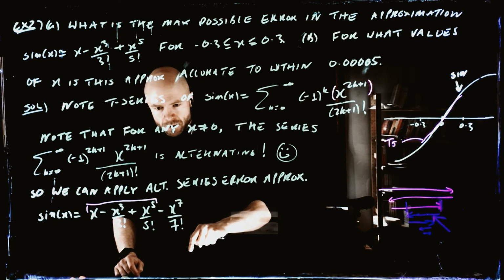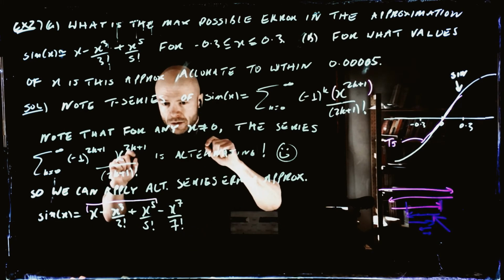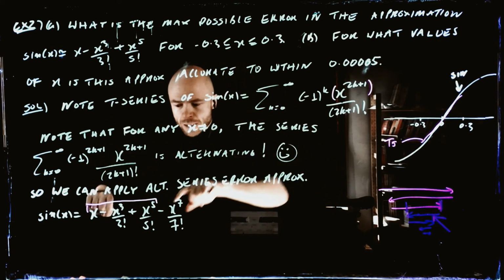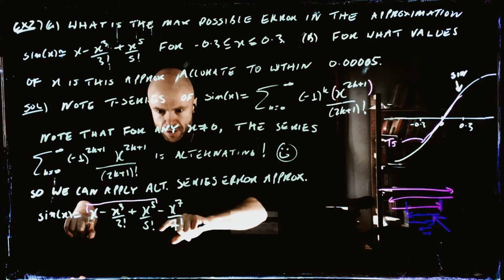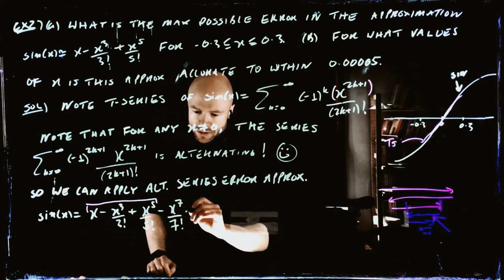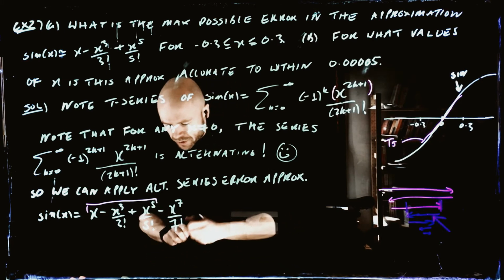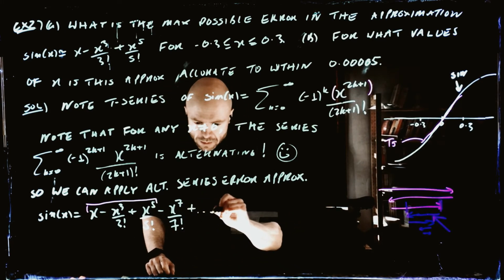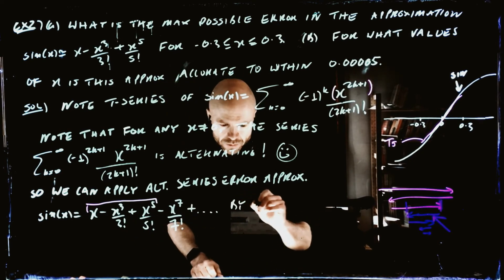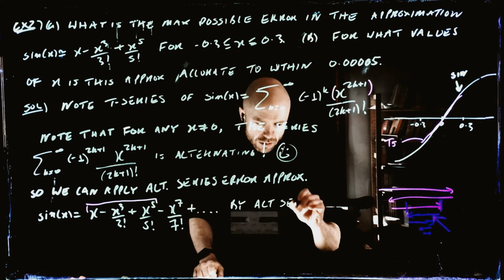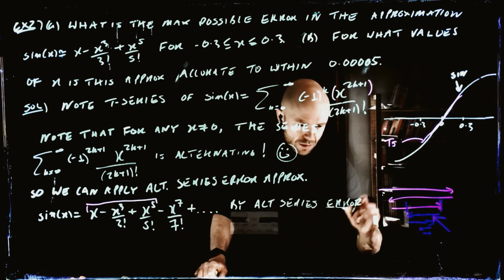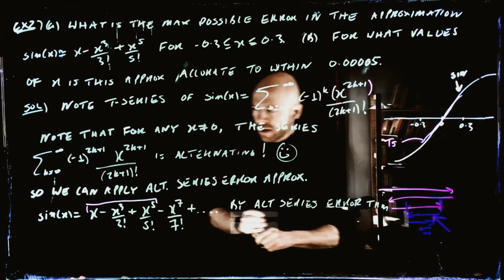So that's a possible point of confusion. But it's not hard to not get confused once you pick the x and just think about this as an alternating series. This is the nth plus 1 term, yeah? So then we have other things here, but we don't care because we just want the nth plus 1 term, so plus blah, blah, blah. So, by the alternating series error theorem, we have that